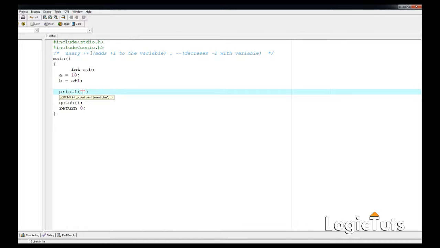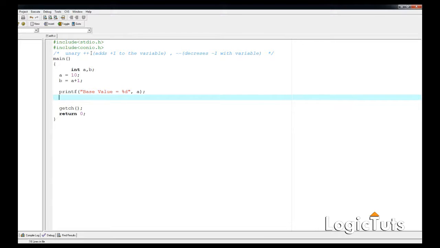We say printf base value is equal to percent d, that is a, and in the next line we say printf incremented value is equal to percent d, and that is b.